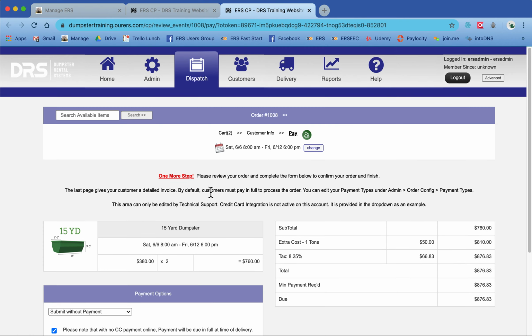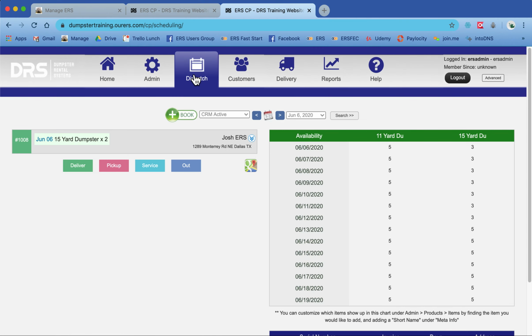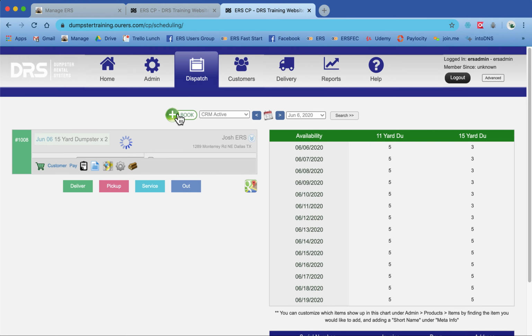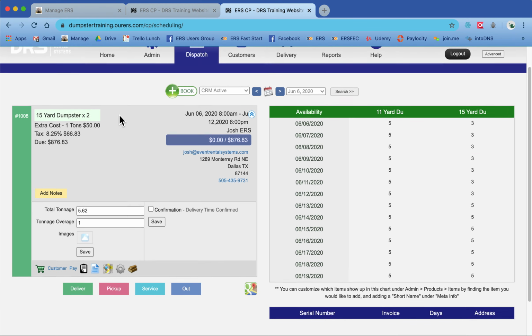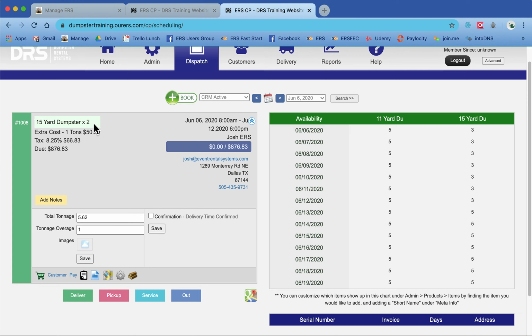Let me show you some additional options when it comes to applying tonnage costs. Back to the dispatch screen, you can see that this customer actually rented 2 dumpsters. So how do I apply tonnage twice? Well, you can apply tonnage as many times as you need to. So let's say the first one was 1.7 over, the next one was 0.52 over. You just separate them with a comma and a space. And when I hit save,